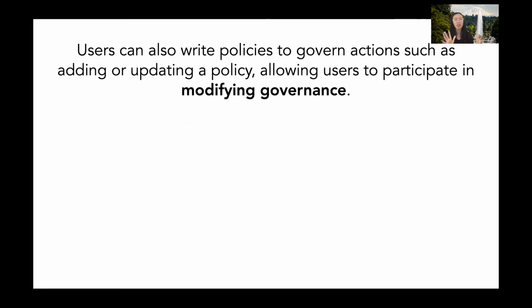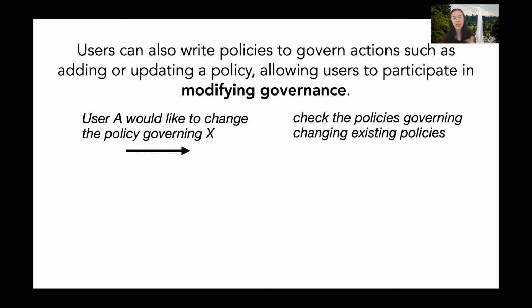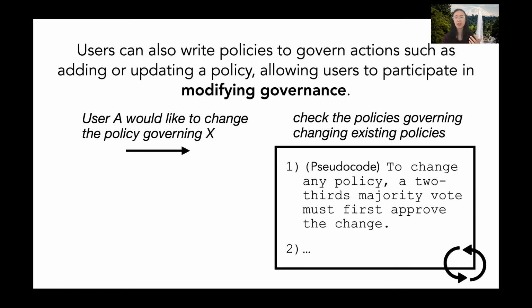And then when it comes to actually modifying the governance itself, we also have policies for that. So say a user would like to do an action which involves changing the policies that are already out there. Well, we have policies written for that, again, scripts written in Python. For instance, to change a policy, first there should be a 2/3 majority vote to approve that policy change. If that policy, which is kind of this continually running thing that's checking these actions, passes, then that policy can go ahead and be changed.